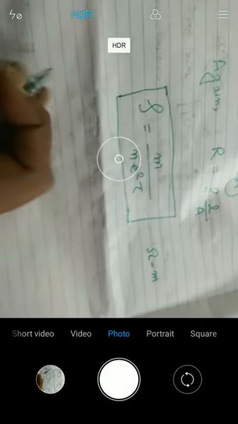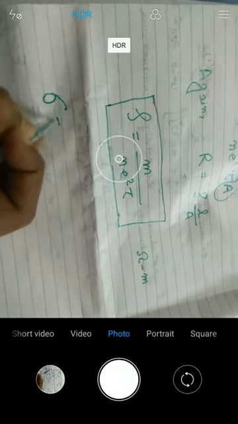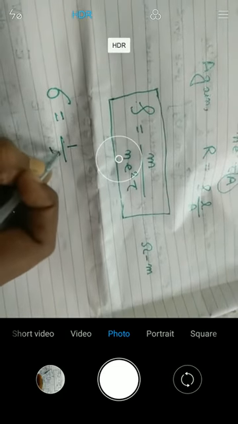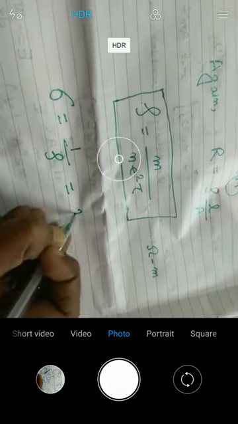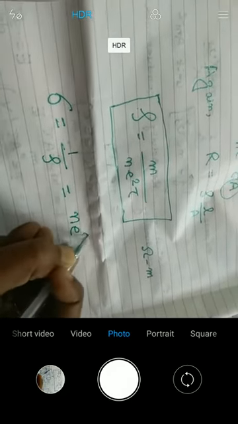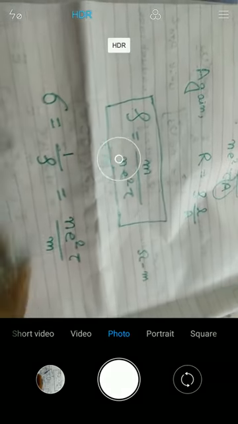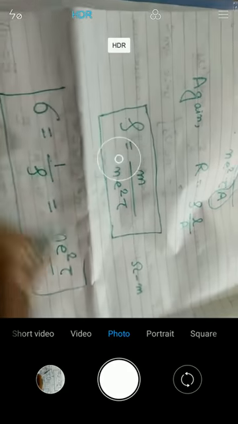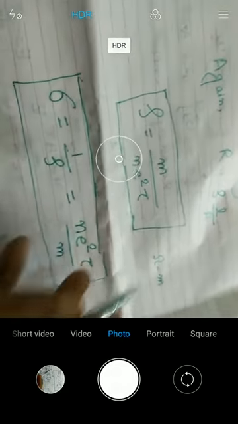Reciprocal of resistivity is also called conductivity. Conductivity, that is sigma, and that is equals to 1 by ρ, reciprocal of resistivity. तो कंडक्टिविटी का फॉर्मूला हो गया ne²τ by m. What will be the SI unit of conductivity? It is reciprocal of resistivity.